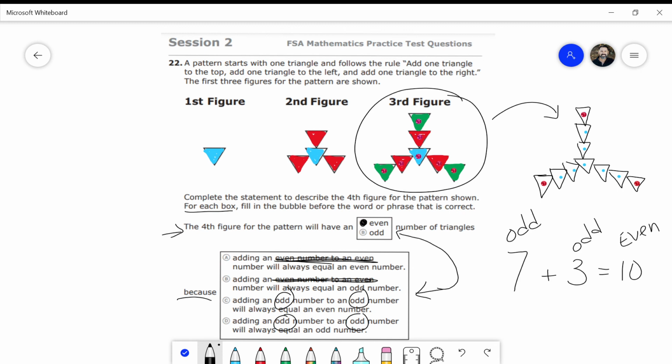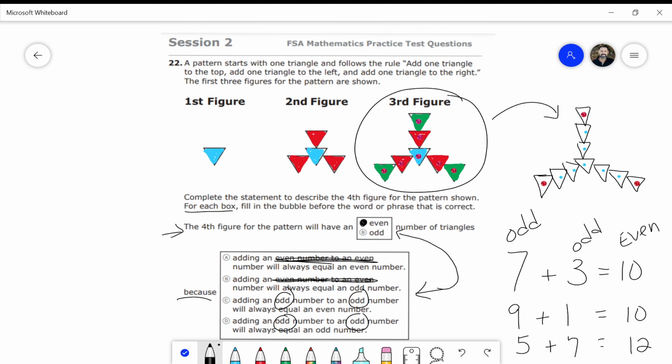All right. So let's see if that pattern is true. If I were to try that with another odd number, right? So 9 plus 1. Well, odd plus odd, well, that equals 10. If I do that again, maybe 5 plus 7. 5 plus 7, those are two odd numbers. That equals 12. That's an even number. And if I were to continue that pattern with any odd number plus another odd number, it's going to always equal an even number. So that's the reason why when we look at figure 4, it ends up with 10,